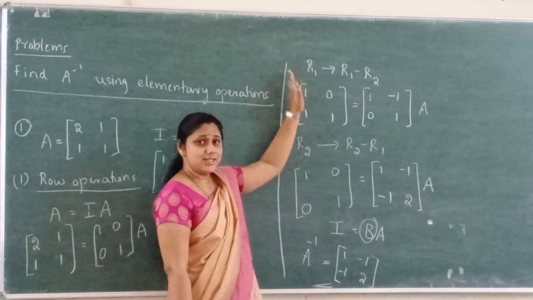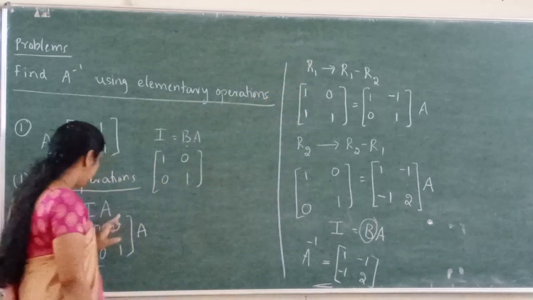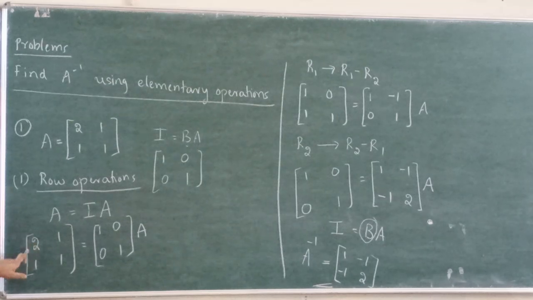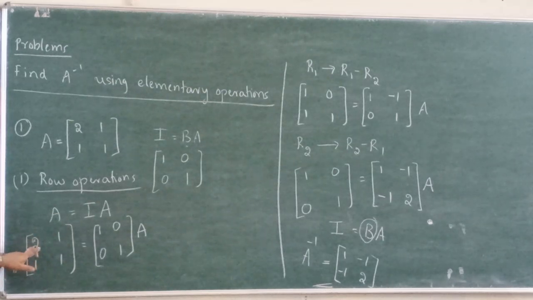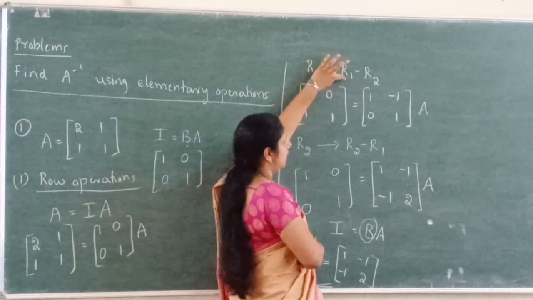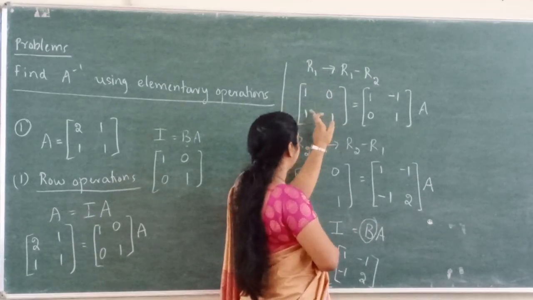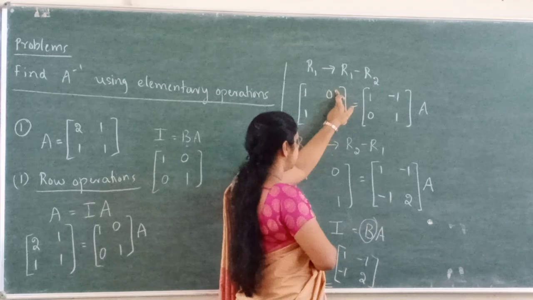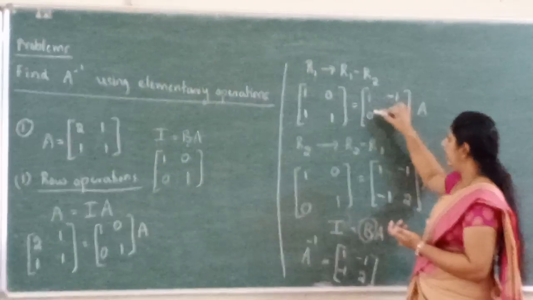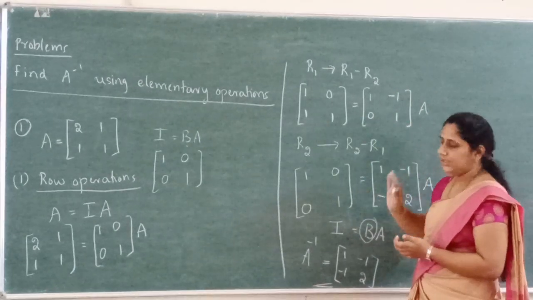And you have to do a sequence of row operations. First, here we have the element 2. This 2 must become 1. So you have to change the first row. So if I subtract the second row from the first row, that is, if I do the operation R1 minus R2, the elements become 2 minus 1, 1, 1 minus 1, 0. Similarly here we have the identity matrix. So 1 minus 0, 1, 0 minus 1, minus 1. Second row as it is.